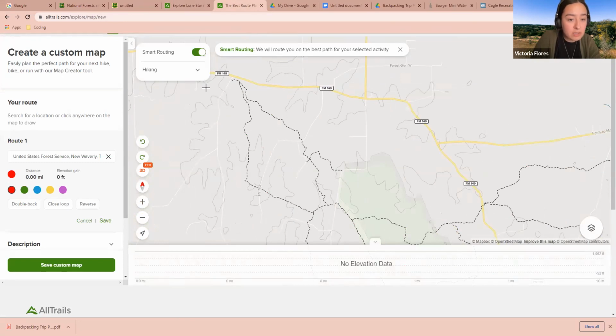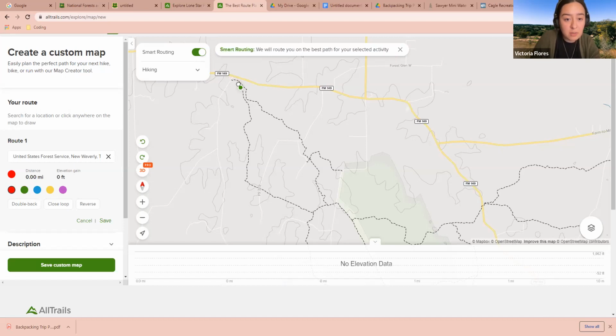Smart routing is on, so we have that setting on. What you're able to do is click on that one part there, and you should get a dot that pops up. Perfect. Now what you want to do is outline that entire route that you wanted to go. You just wanted to do that first half of the loop, so draw along that trail line.